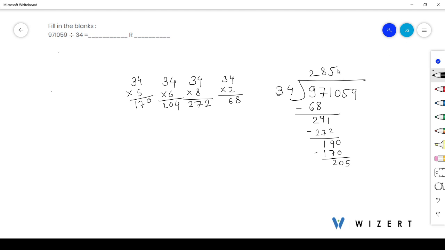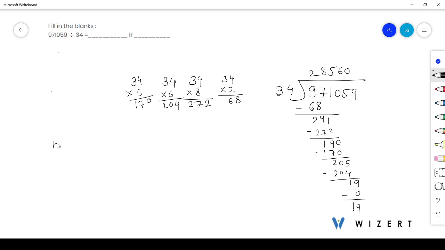We can take 6, which is 204. So 1. Now move this 9 down. So here 0. 19 minus 0 is 19. So our remainder is 19 and our quotient is